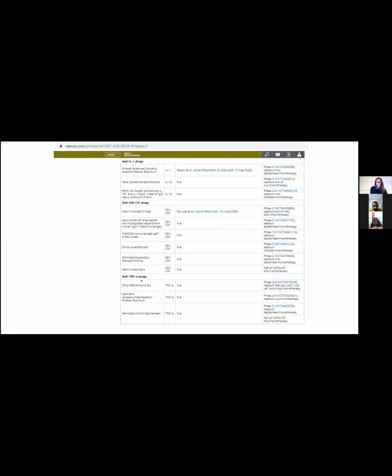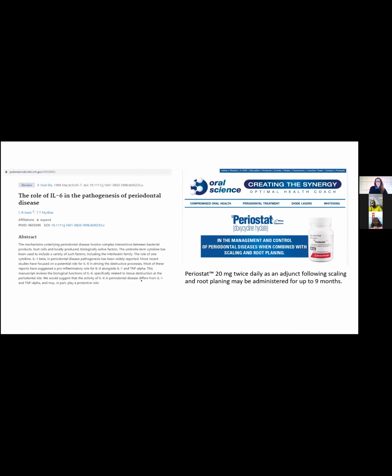Fine. Now come to one specific molecule, that is interleukin 6, the one that has been studied maximum in periodontal disease. So interleukin 6 is common to periodontal disease as well as COVID-19, and this is not something new for periodontists. We are already aware of Periostat, doxycycline hyclate, where we don't use the antimicrobial dose to kill the bacteria. Doxycycline is a bacteriostatic drug, not a bactericidal drug. So we don't kill the bacteria, we stop their reproduction. So we stop their multiplication.